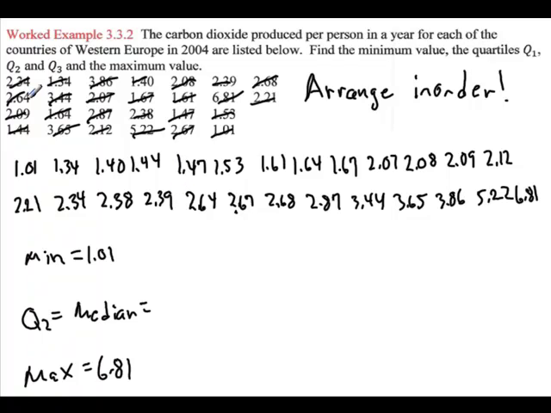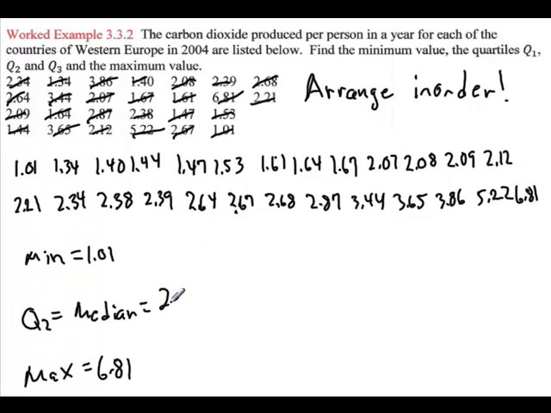So there was 4 columns times 6, that's 24, 25, 26 data values. So that's between the 13th and the 14th. Okay. So let's count 1, 2, 3, 4, 5, 6, 7, 8, 9, 10, 11, 12, 13,